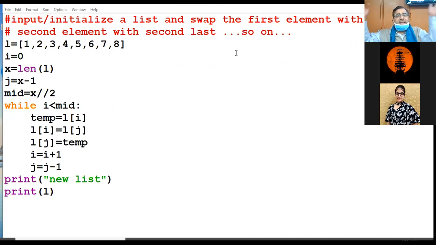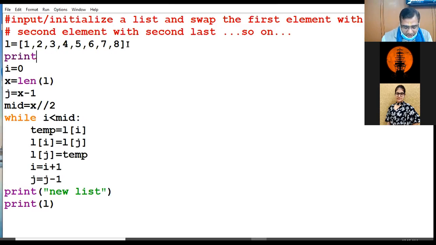Correlate the elements at the beginning position with the corresponding elements at the last position. So this is my original list. Let me have a clearer view. First of all, I want to print my original list.